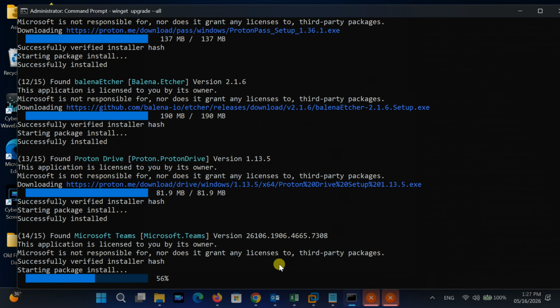And that's it. You've successfully updated all your Windows applications using Winget. This simple command can save a lot of time and helps keep your PC running smoothly with the latest software